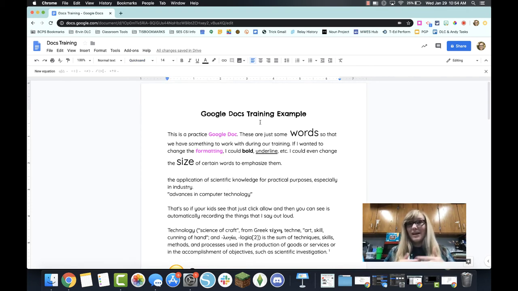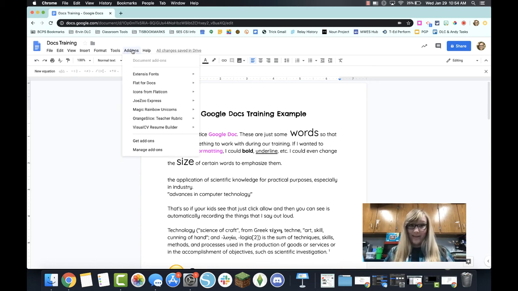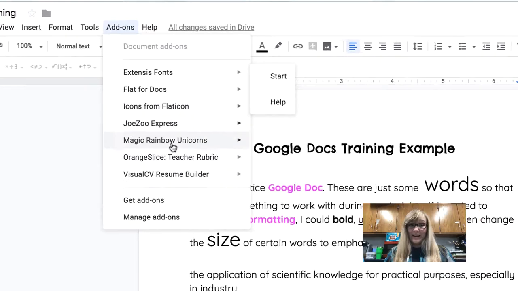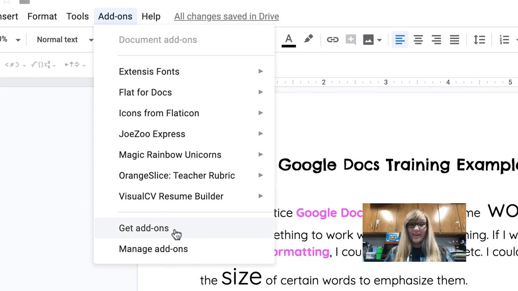Now still, that may not give you all of the fonts that you want. So there is an add-on that you can add called Extensis Fonts. So first let's talk about how to get an add-on. So you can get an add-on here,